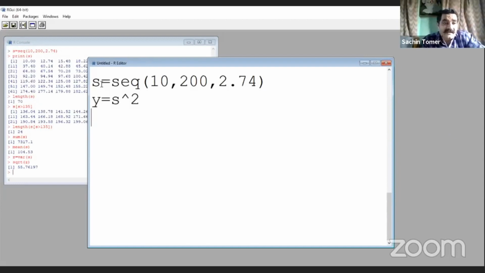One is S, a sequence from 10 to 200, and the other variable is Y, equal to S square. We want to draw the scatter diagram between S and Y.